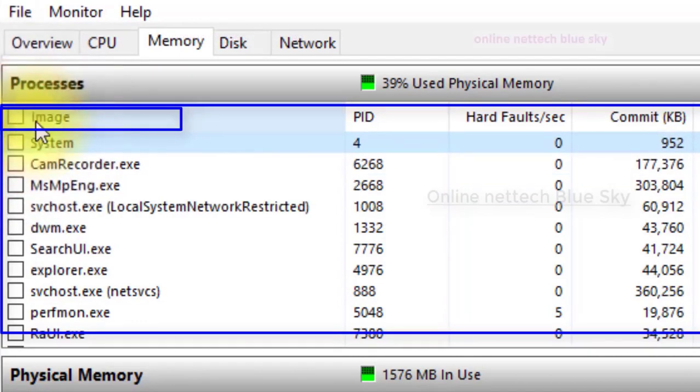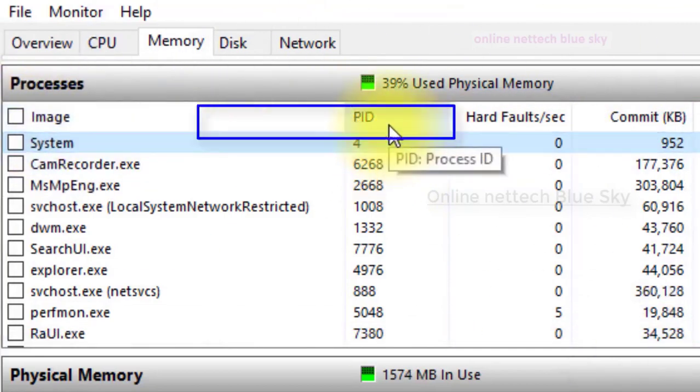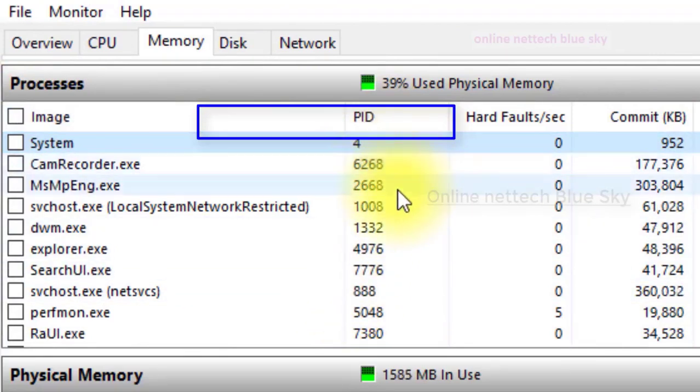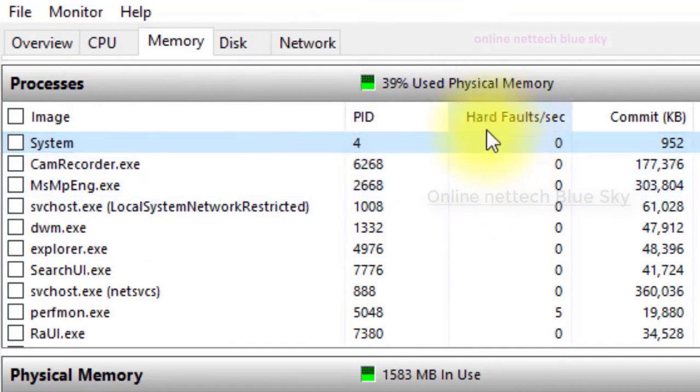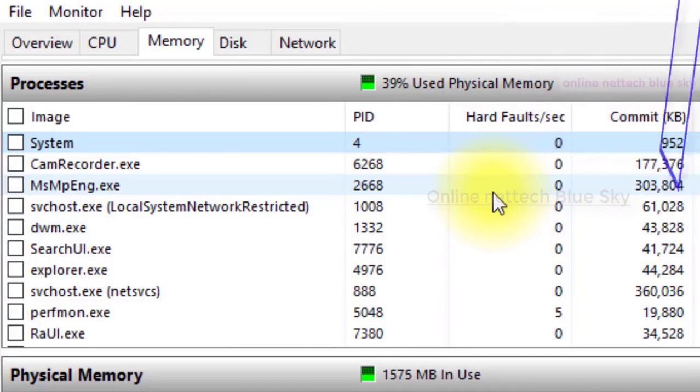First you can see the process ID, process ID 4, and you can see 6268 means this is a process. And hard faults per second 000 means these files and file services do not fail.